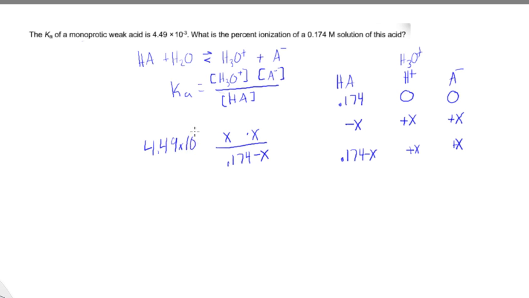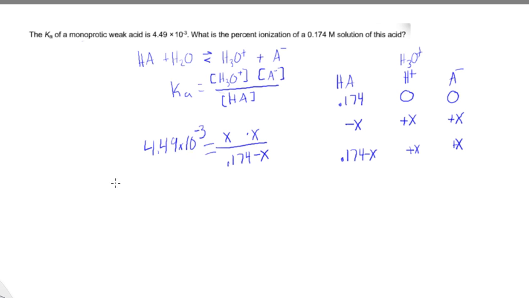to the negative third. Now, usually I tend to ignore this negative x because I usually say this number, 0.174, is so much bigger than what x is. But if I look at the Ka, it's really not that small compared to the 0.174. So I'm not going to ignore the x. Okay? So now I have to cross multiply, or multiply both sides by the denominator is how I like saying